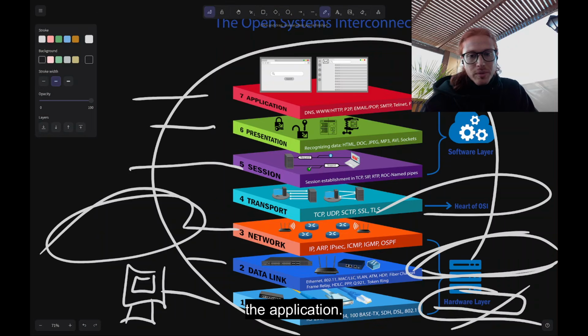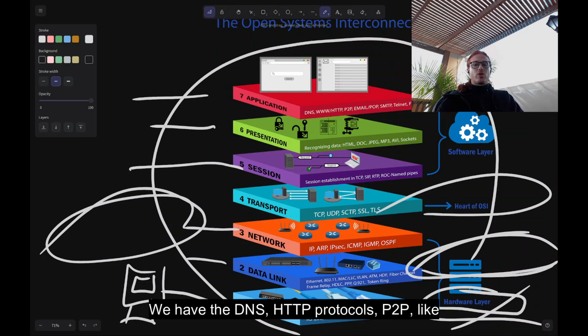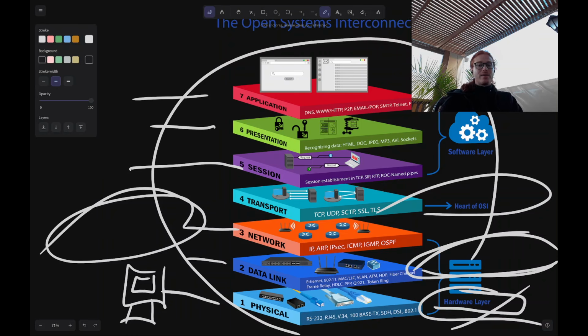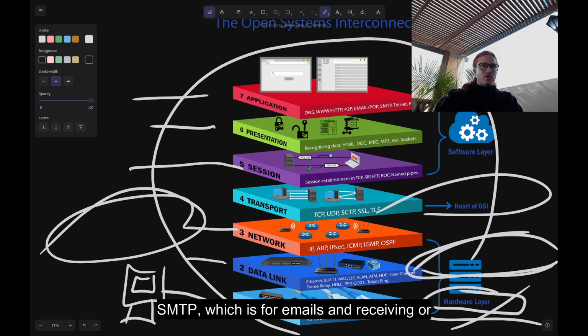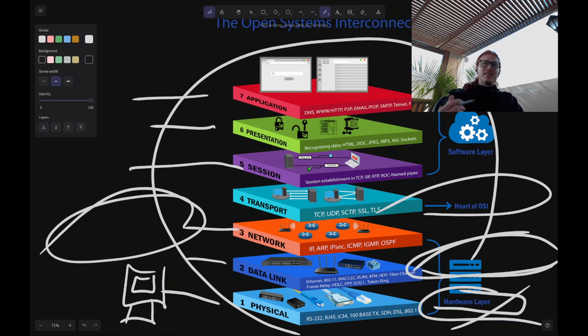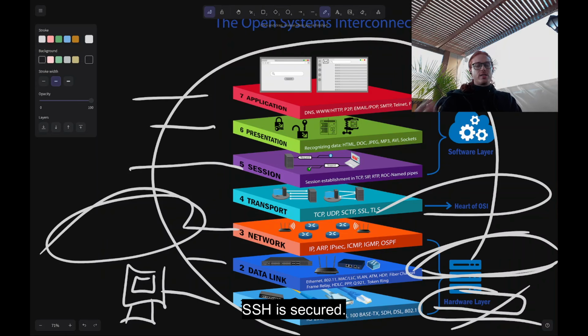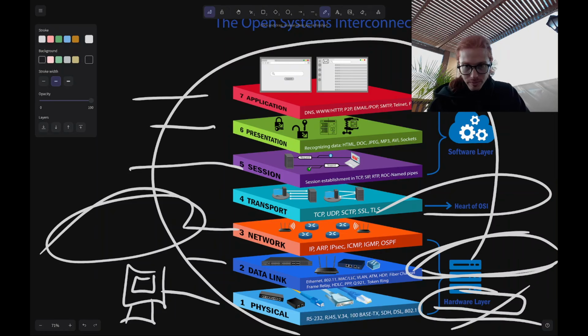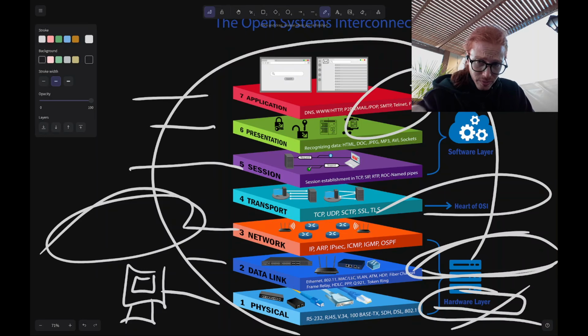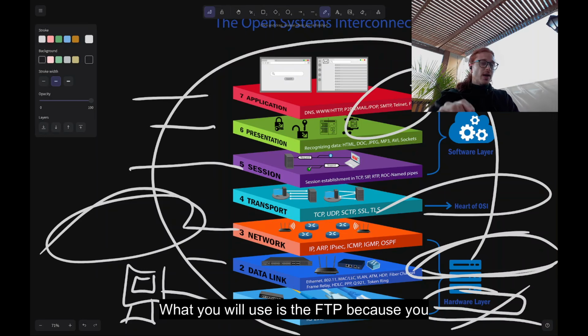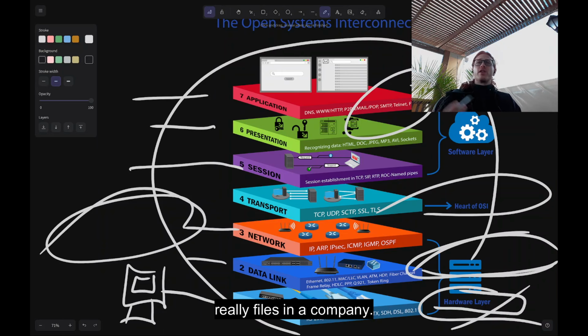the application. We have the DNS, HTTP protocols, P2P, email, SMTP, which is for receiving or sending emails, Telnet or SSH, which is the way to connect remotely into something in a secure way. SSH is secured. Telnet isn't really secured. That's why we use SSH as a standard today. Again, what you will use is FTP, because you have many shared folders, a way to transport files